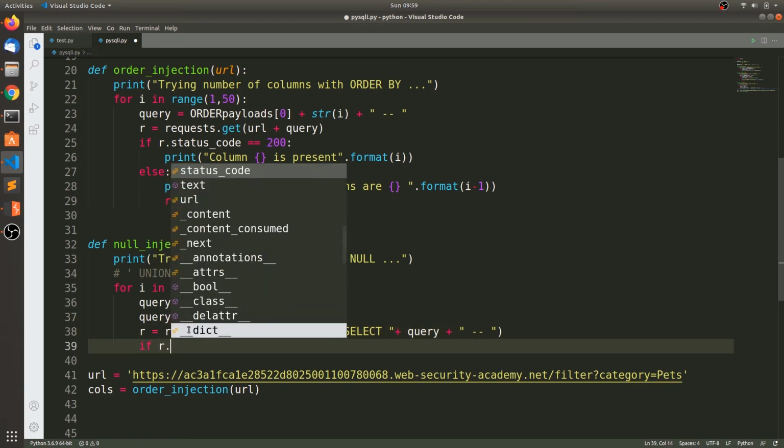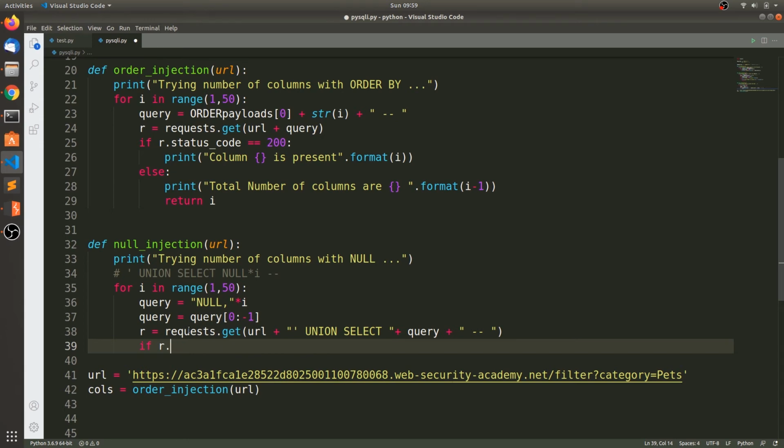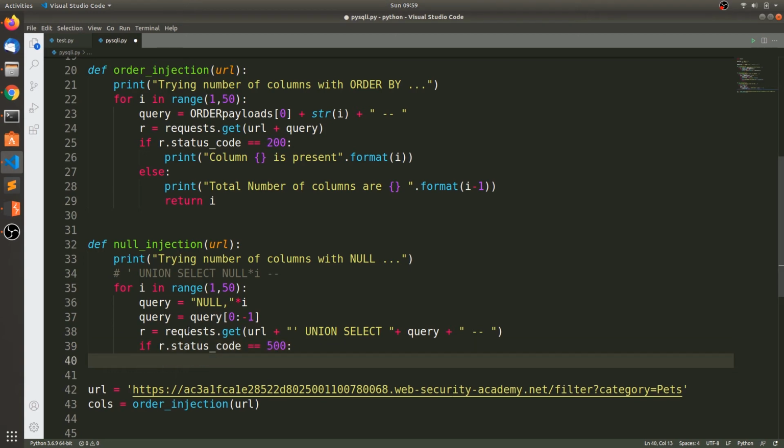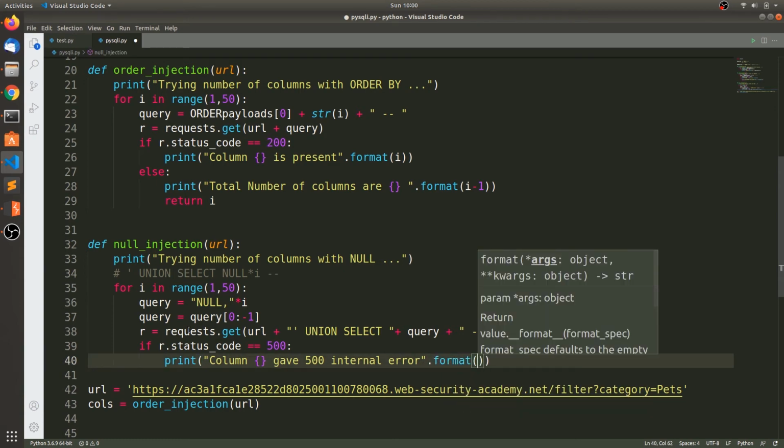So if r.status_code is 500, that is an internal server error, we are going to say that column gave 500 internal error, format of i.